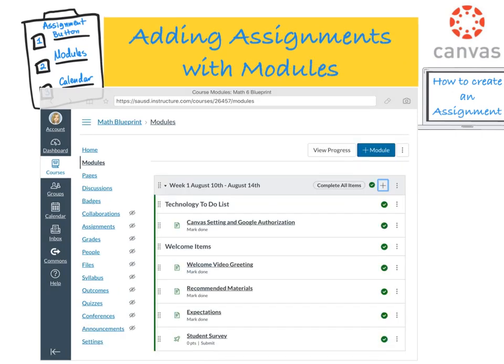So let's move to the second way of adding an assignment. And remember, an assignment could be an actual assignment, a discussion, a quiz, or anything. So if you are under modules, then you should have created the module first. For example, right now I have a week 1 module created, and there are some assignments that I've created already. But all you have to do is click on the plus button, and you will have a pop-up